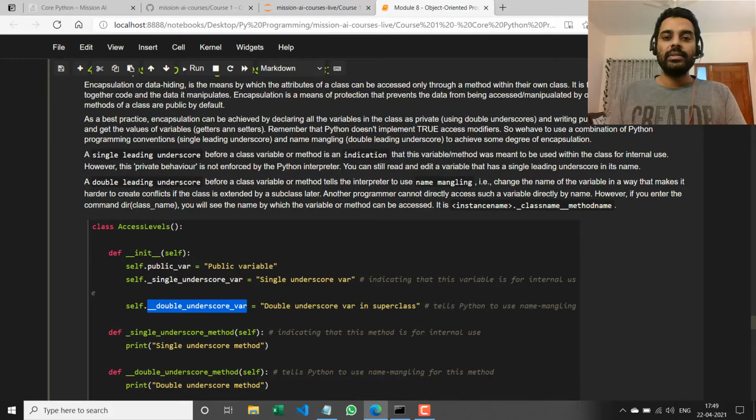So what name mangling does is it changes the name in such a way that A, it cannot be accessed randomly by somebody just looking through the code, and B, it prevents conflicts with variables from other subclasses and so on. So the way you can actually access that name is you'd have the instance name, which is the object that's created of the class, then dot, then you'd have the underscore class name, in this case underscore access levels, followed by the variable or method name, which is the double underscore var.